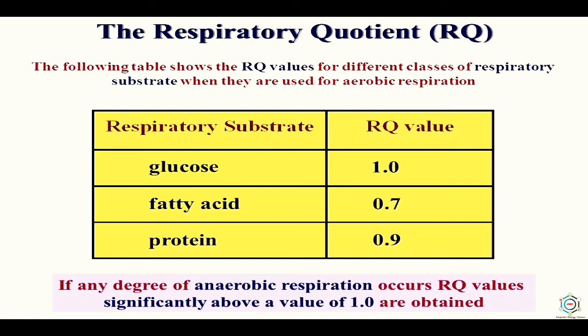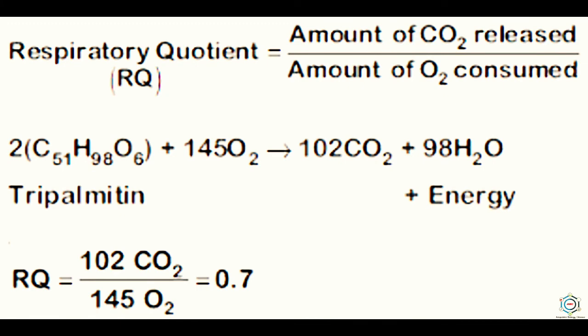In case of fat, fats are the respiratory substrate, as during germination of fatty seeds like groundnut, mustard, flax, castor, etc. The fats are hydrolyzed to glycerol and fatty acid. The complete oxidation of glycerol results in an RQ of 0.86. The fatty acids, being poorer in oxygen, require more oxygen for complete oxidation as compared to carbon dioxide. Therefore, oxygen absorption is more and carbon dioxide liberation is less, and RQ becomes less than unity. For example, here you can see tripalmitin, and the RQ is 0.7.